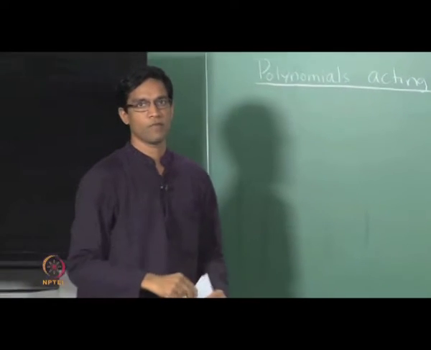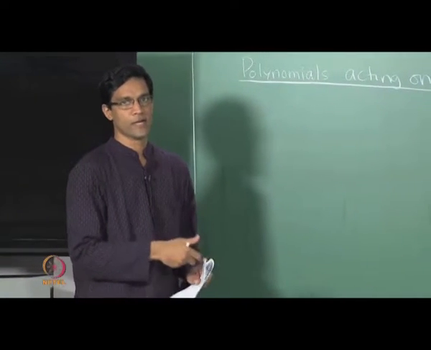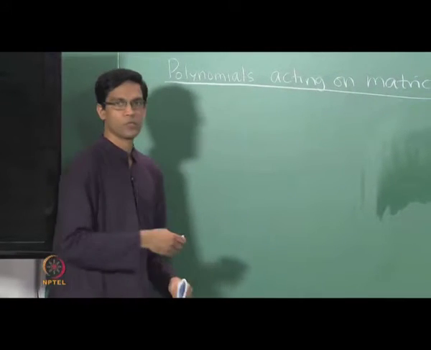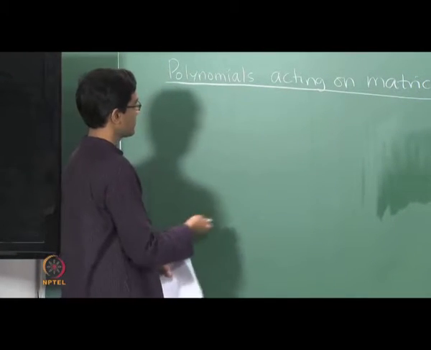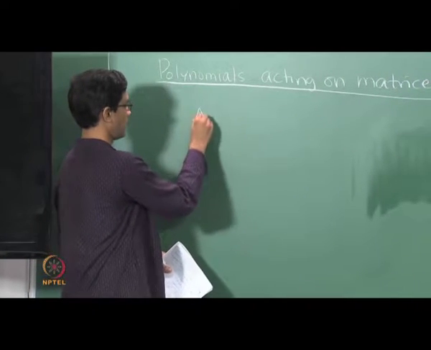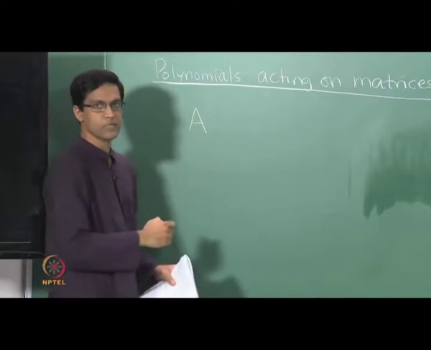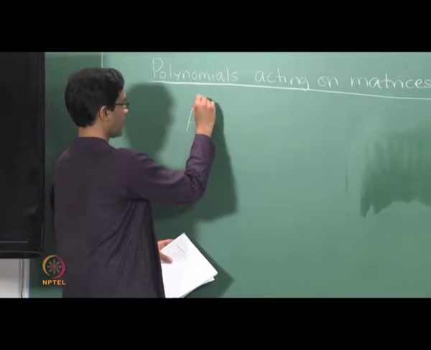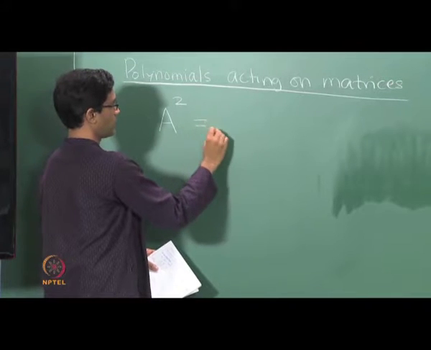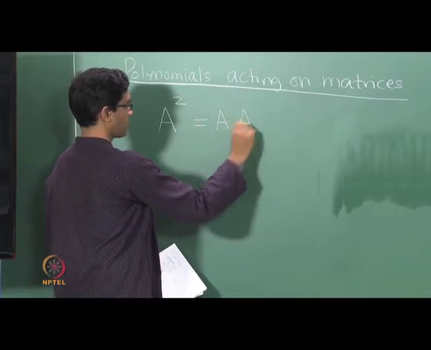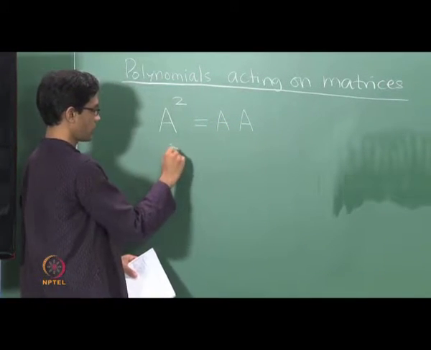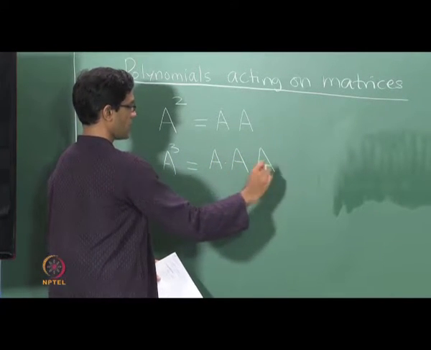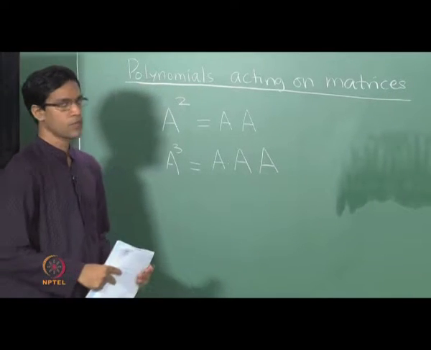Okay, so today we will talk about polynomials acting on matrices. Observe, last time when we talked about the application of matrices in counting problems in graph theory, we had occasion to consider powers of a matrix. So if you had a matrix A, then it was natural to look at the matrix A squared, which we just defined to be A times A, or the matrix A cubed, which is a product of the matrix A with itself thrice. Okay, and these, remember, counted.